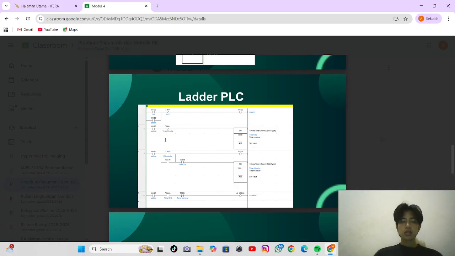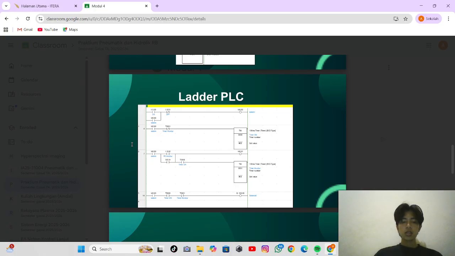The first rung shows a system switch controlling the circuit, combined with a TON instruction. When the input is activated, the timer starts counting, and once the set value is reached, the output coil is energized.